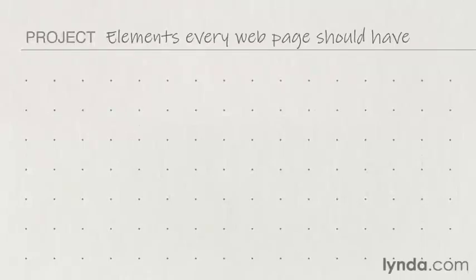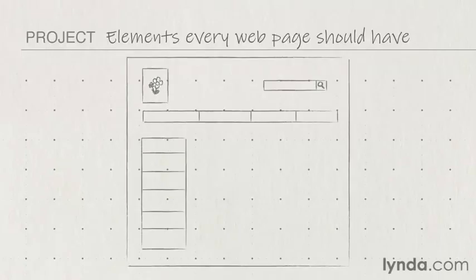Let's think about the common elements you should put on every page in order to help your visitors work out what they're doing. It's actually not that hard, but it's amazing how often sites neglect some of these simple things and as a result make it harder for visitors to understand what the site is about and what they can do on it. The first and most important thing you must do is work out what your site is actually